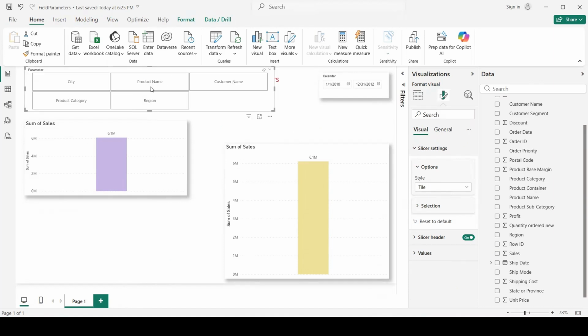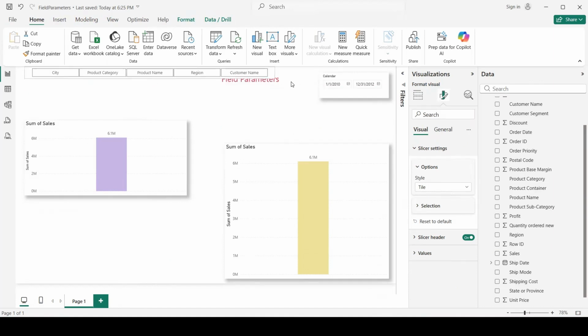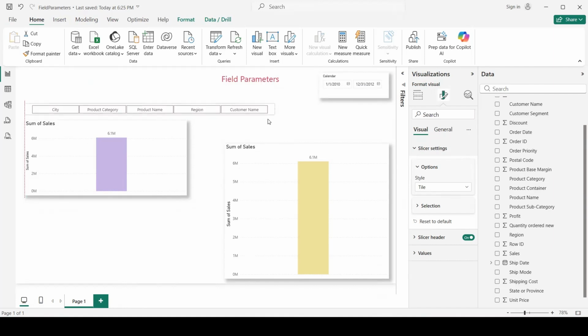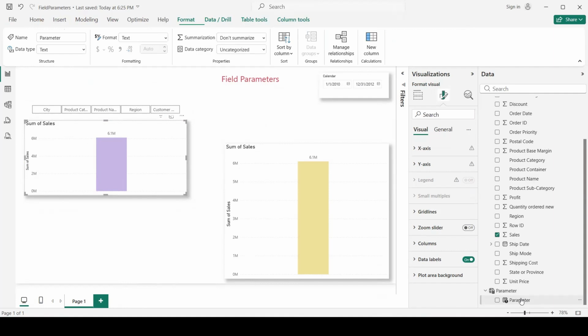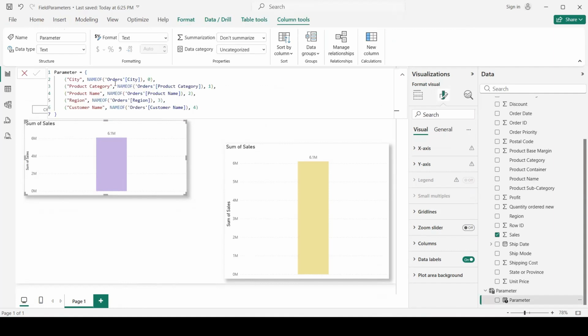So we can adjust the size as we want. And now in order to connect it to our graph, we just need to go here. We see the parameter, the new parameter created. So we have the order from 0 to 4. We have the names of the categories.